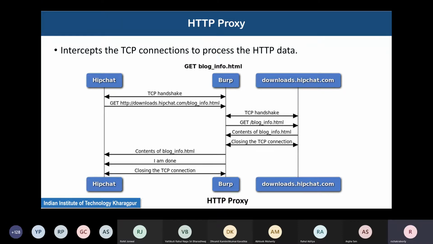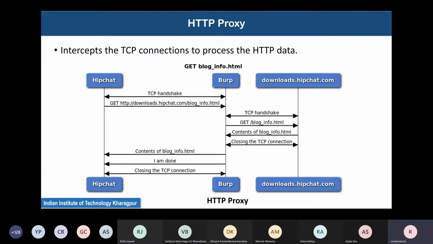I'm saying a computer, but these concepts of clients and servers are interchangeable with respect to physical devices like smartphones and processes running on some computational platform. So don't get confused. These are flexible concepts.